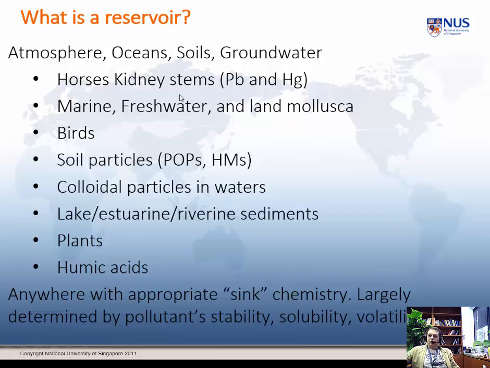If I were to tell you that horses' kidney stones are reservoirs for lead and mercury, it turns out that, actually, our own kidney stones as well. Kidney stones are mostly made of cystine, which contains lots of sulfur. And so when mammals take in heavy metals like lead and cadmium, which they need like a hole in the head, they tend to be mopped up by our kidney stones. Whether it's storage or anything more than that, I'm not up to date with that debate, but I don't believe it's understood. I think it's generally thought to be storage.